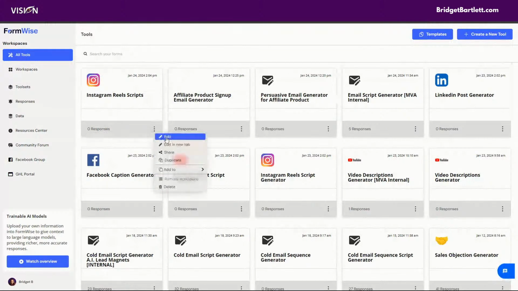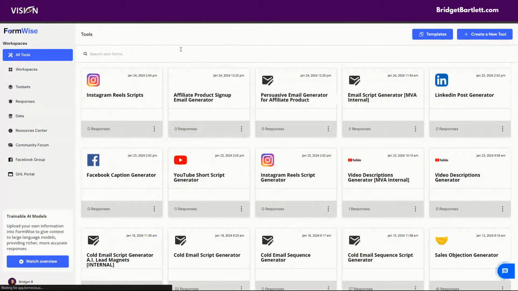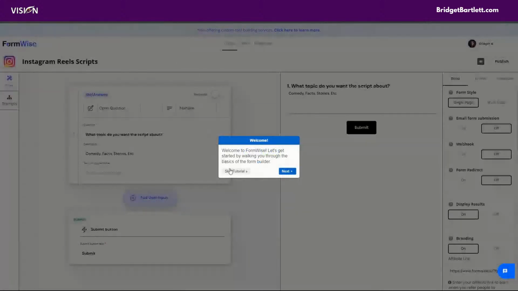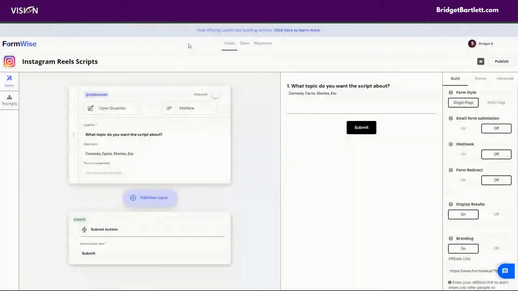So let's go ahead and just edit this. So I'm going to go to edit. And all of these tools can be edited this way. Of course, you can duplicate them many, many times. I do recommend if it's your first time going through here, go ahead and go through that tutorial so that you understand. If I wanted to make this an internal tool, the very first thing I do is I just